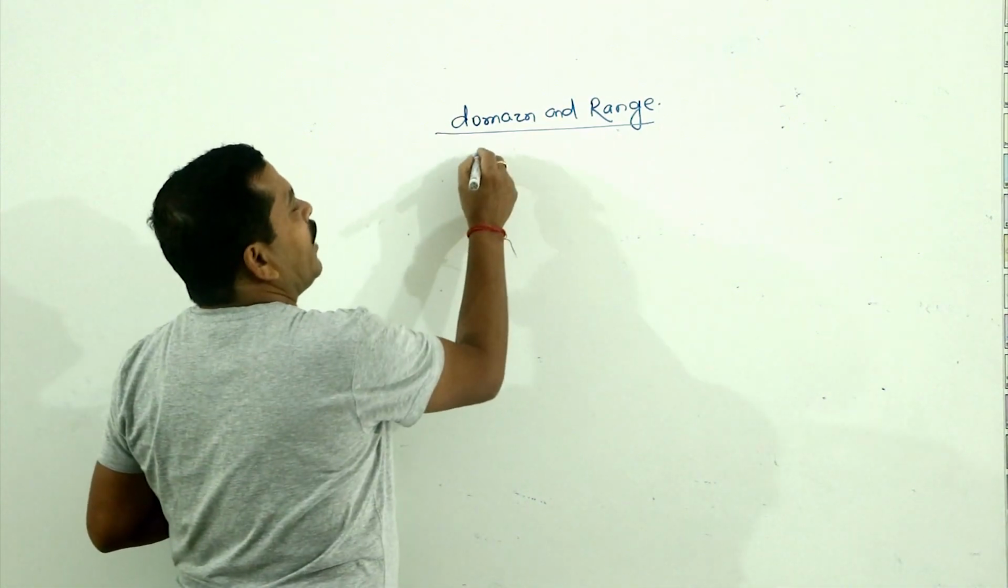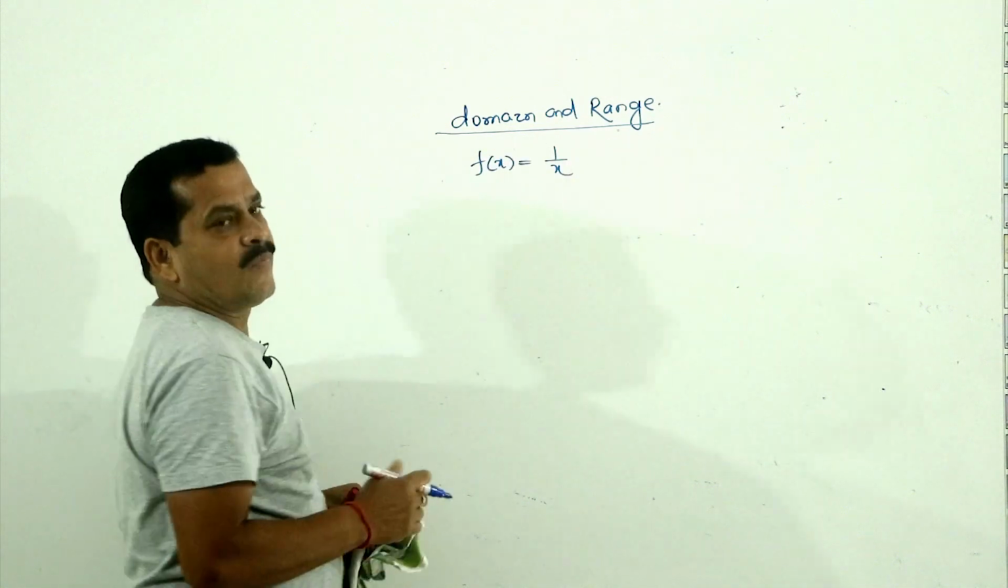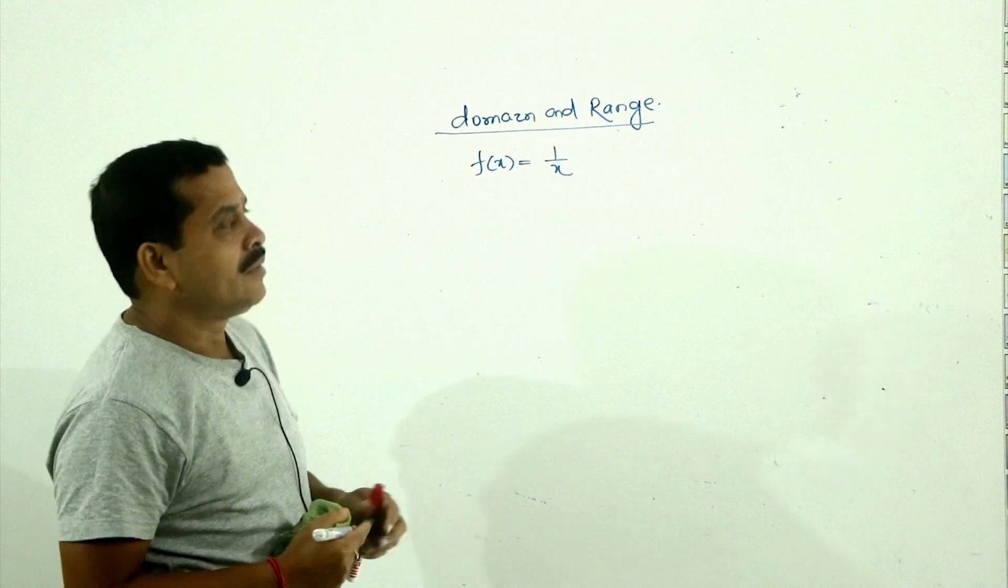Domain and range. For example, suppose the function is 1/x. We have to find the domain and range. Domain means